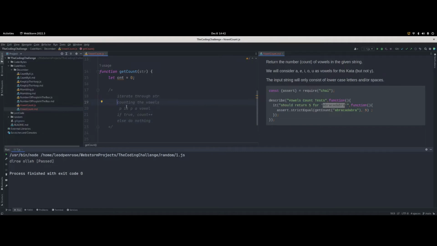While iterating through the string, I'm going to count the vowels. Look at each character in the string. Looking at each char in the string. So I'm iterating through the string, that's the same thing, looking at each character in the string. Determine if char is a vowel. So if char is a vowel,